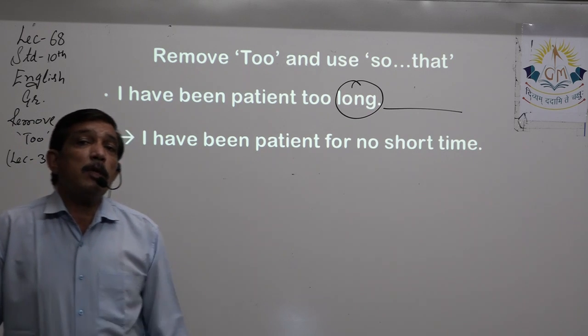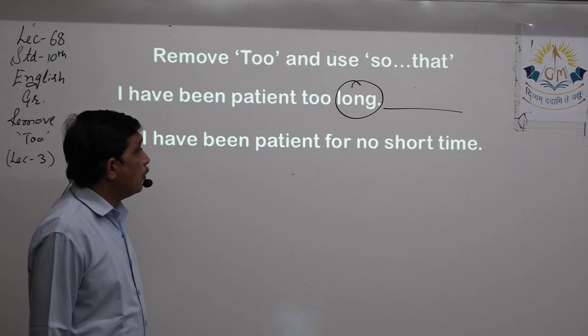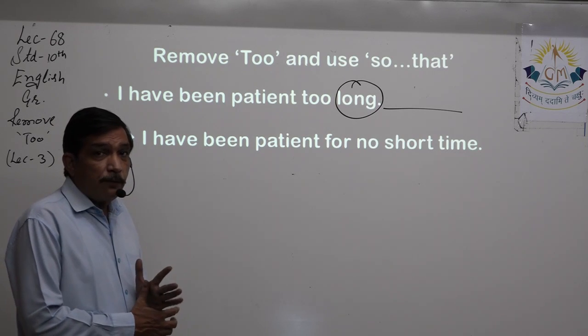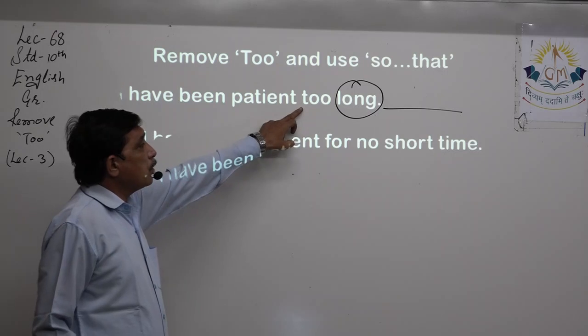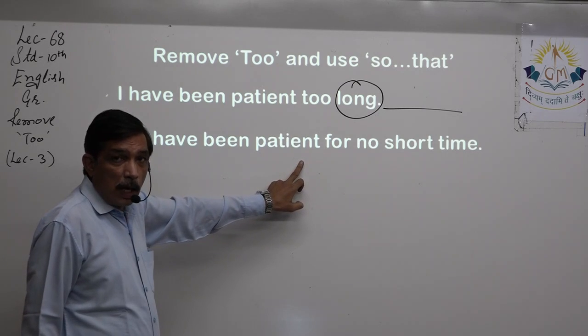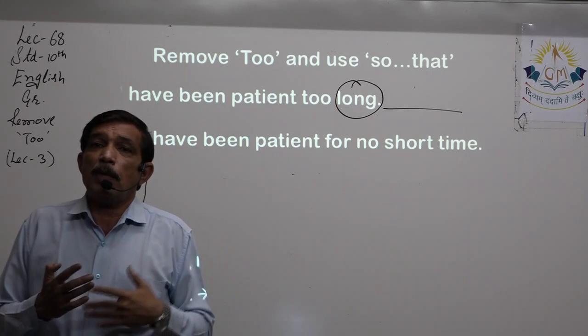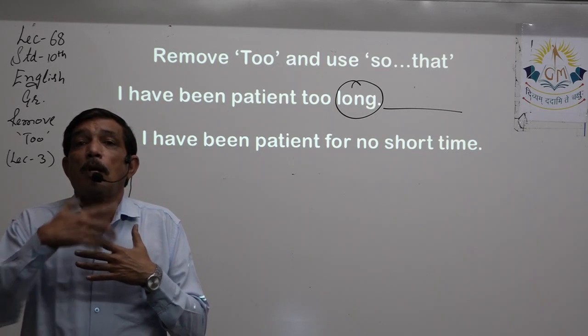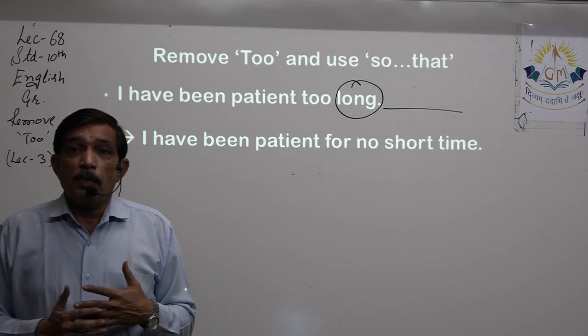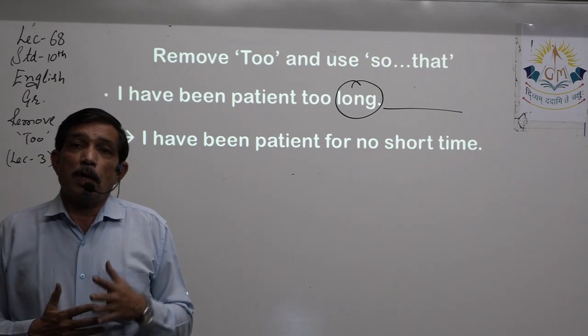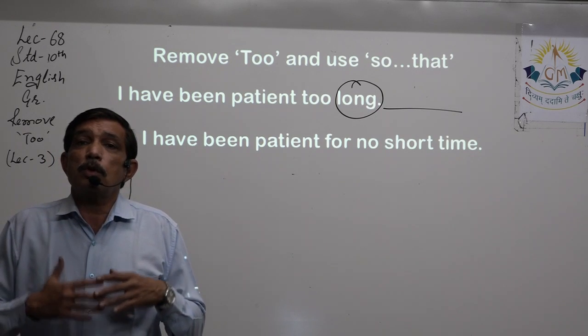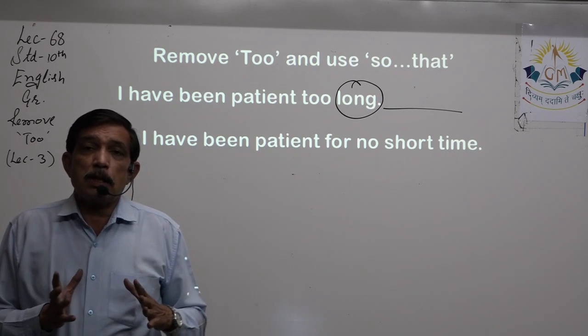Here that complement is absent, right? So if we transform, remove "to" and insert "so that", the meaning of the sentence remains incomplete because we do not have anything to complete the sentence. So there is no use over here to use "so" or "that". We just simply